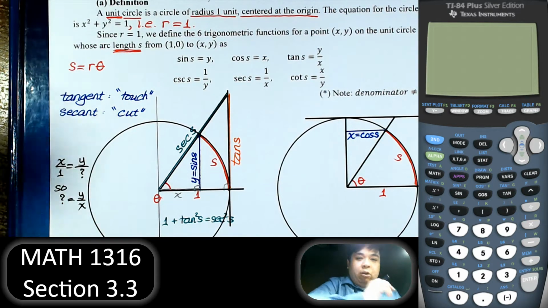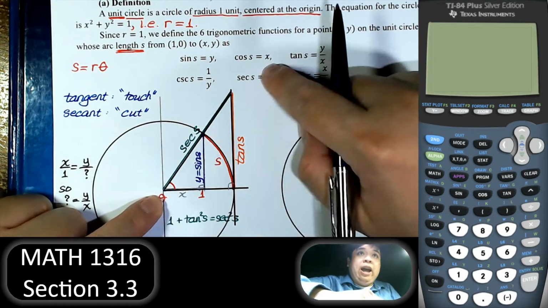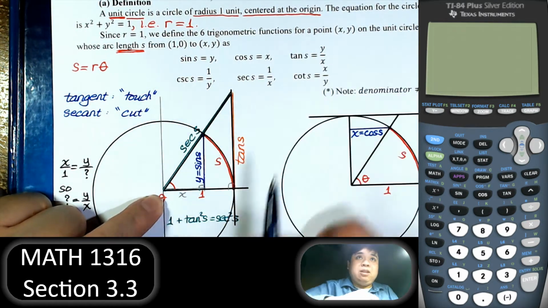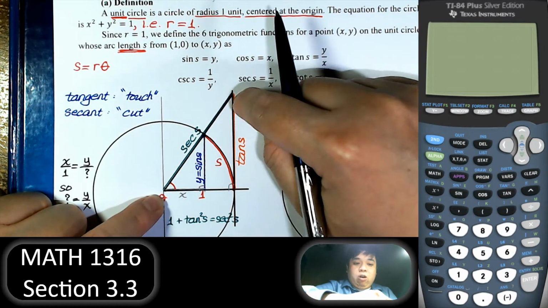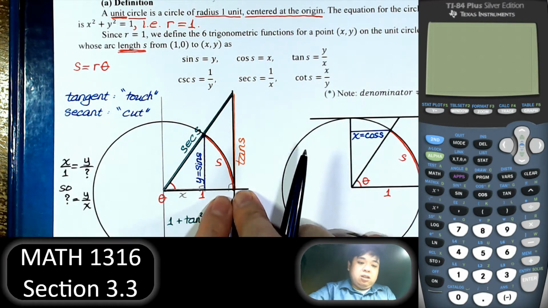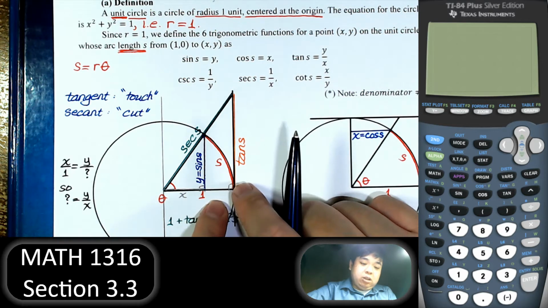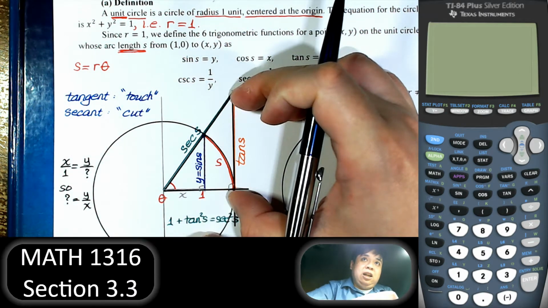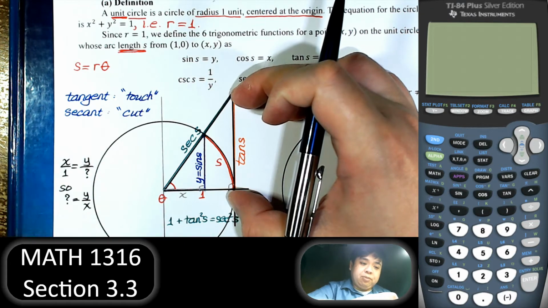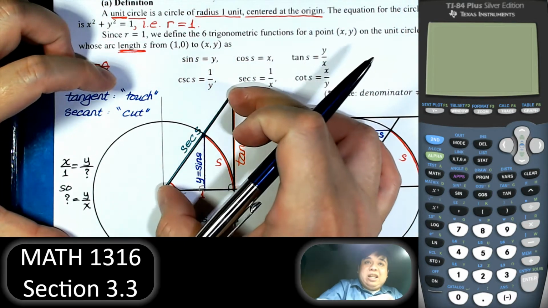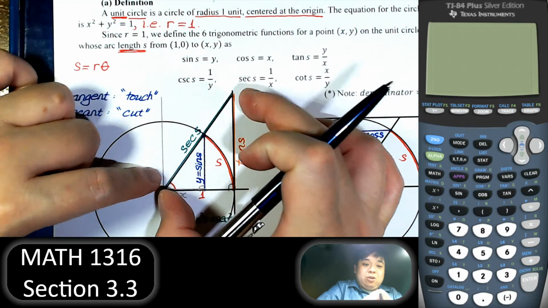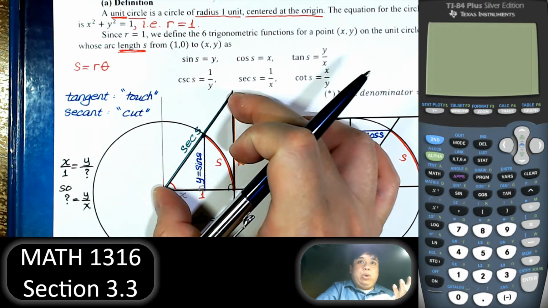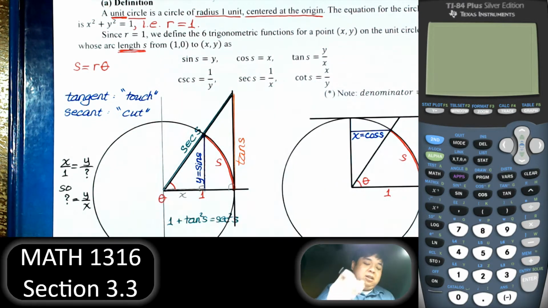So from a circle with an angle and an arc length s, we draw a tangent line to the x-axis. The tangent line to the circle intercepts the x-axis. That tangent is going to be the tangent function, meaning touch, and the secant is where it cuts the circle, and that is secant. So that's why we name it tangent, and that's why we name it secant, from the Greek